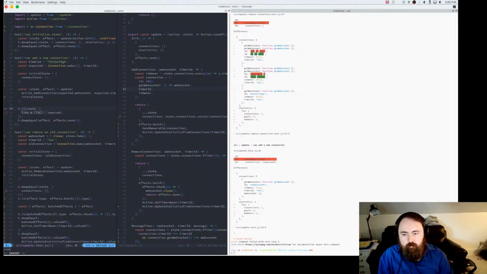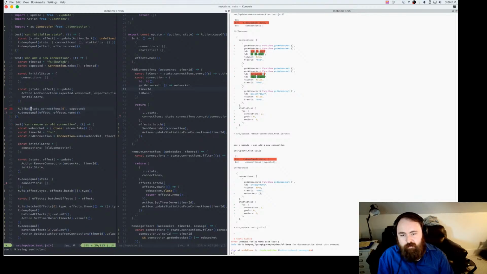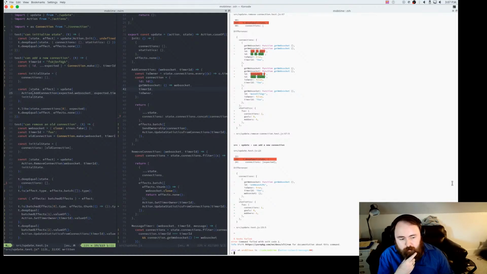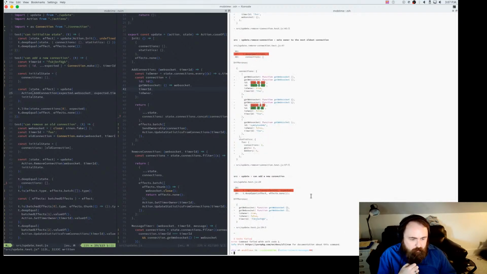Here we can say t.like state.connections 0, and we can say it's kind of like expected. I think we can do something like ID expect. So this is kind of gross, but just ripping the ID out of there, so there's no overlap. So if we run that, connection 0 expected.